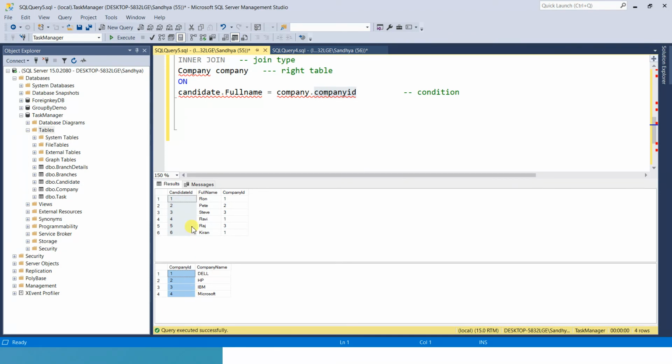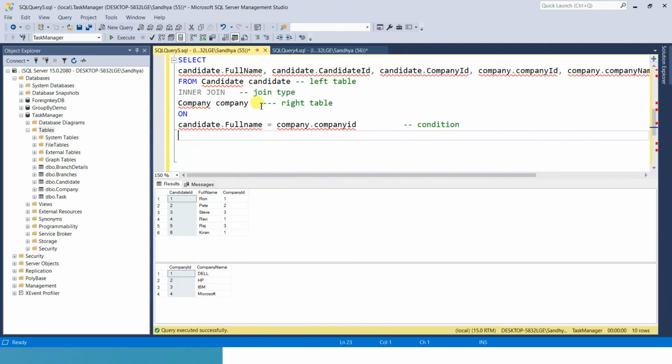Okay, so here I want to tell you that if you want to perform a join between two tables, then first of all it should be a primary key in one table and a foreign key in another table. This primary key is a foreign key in this table. So in this way you can check, because the two data types will be the same, right? And if the data types and the values are the same, it will perform the join, otherwise it will not. Similarly, with candidate ID, if the data types are the same, you can perform the join.